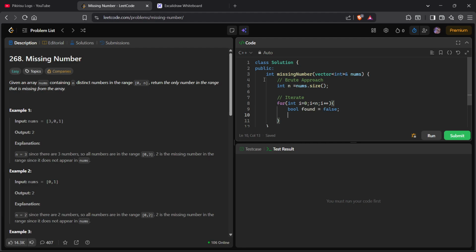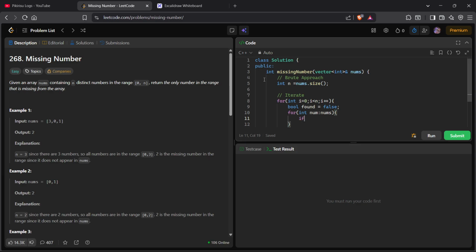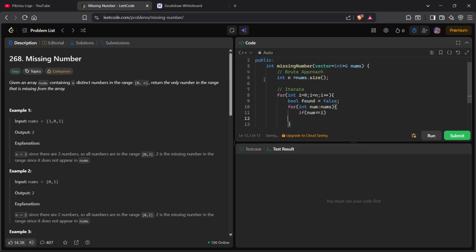Now we have to iterate through the same array again. We'll use another method to iterate, like for int num given nums, if num equals i, then the number is found, so we convert found to true,